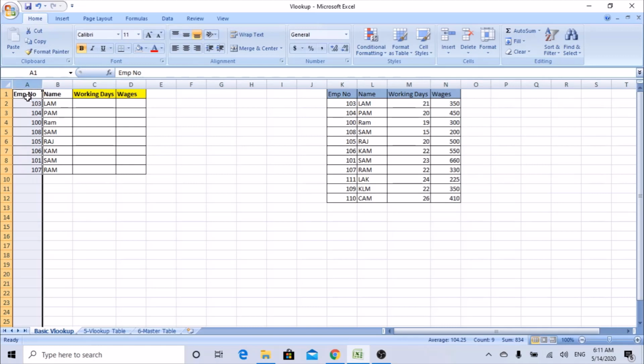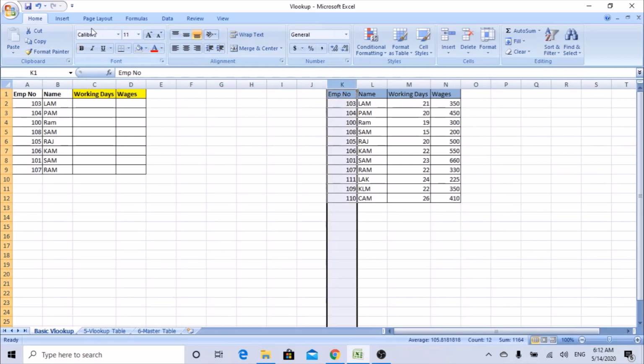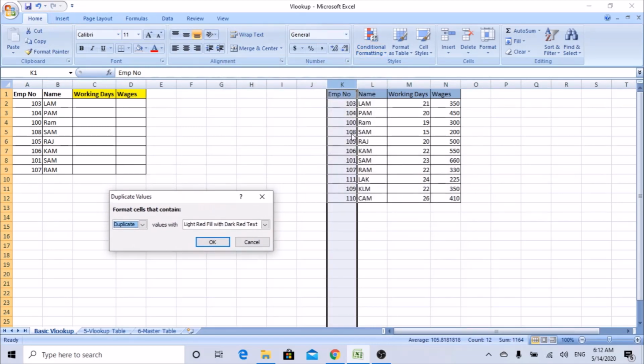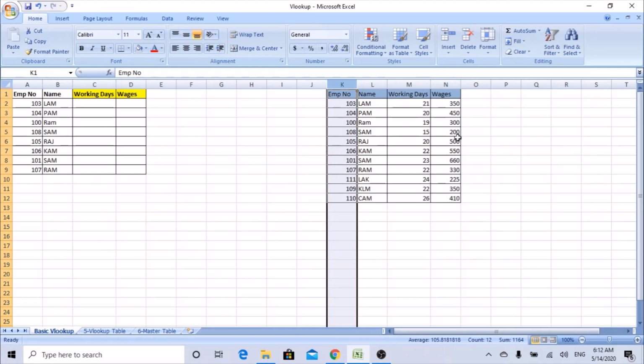When you do this, we need to do the same thing in the master column. It's nothing but here. So I'll select the employee number directly, use Home, Conditional Formatting, Highlight, Duplicates. The K column also has no duplicates, so I'm happy with these cells. Once you find the unique column, then you can start putting the VLOOKUP.